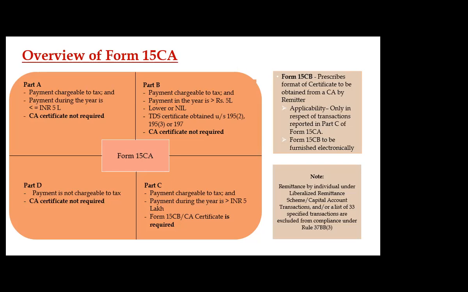Up to 5 lakhs, Part A, nothing doing. Qua entity, qua person, either of the two. Basically, what I'm saying is qua company or qua person. That's what I'm saying. Yes sir, tax will be deducted on 6 lakhs, and on that 2 lakhs now you will have to comply, because your limit has exceeded 5 lakhs. As long as it was within 5 lakhs, you could go to Part A.